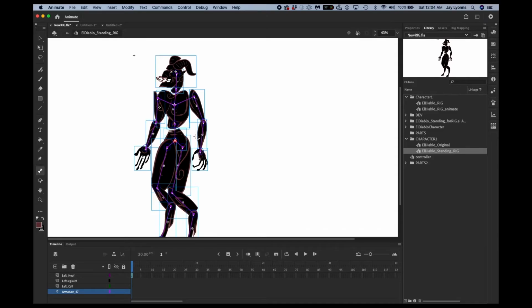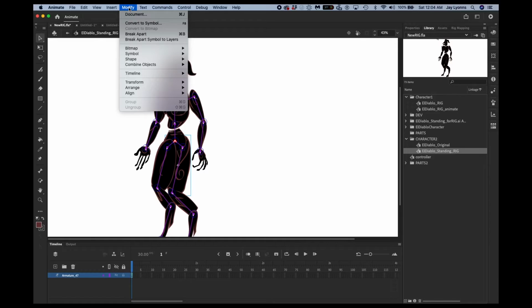When I've finished creating my armature for my character, I can now reposition the artwork within the armature. You'll see now that all of my layers have been reduced to one armature layer in the timeline. So to reposition my artwork, I can use the selection tool, or V on the keyboard. Select the artwork that I want to arrange within my character and choose